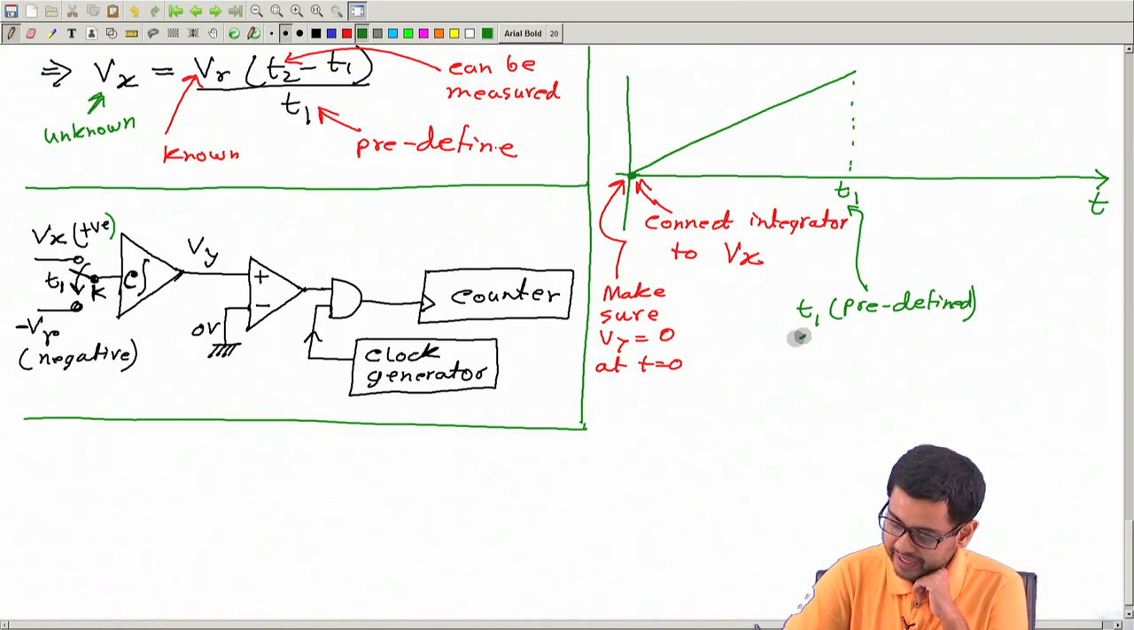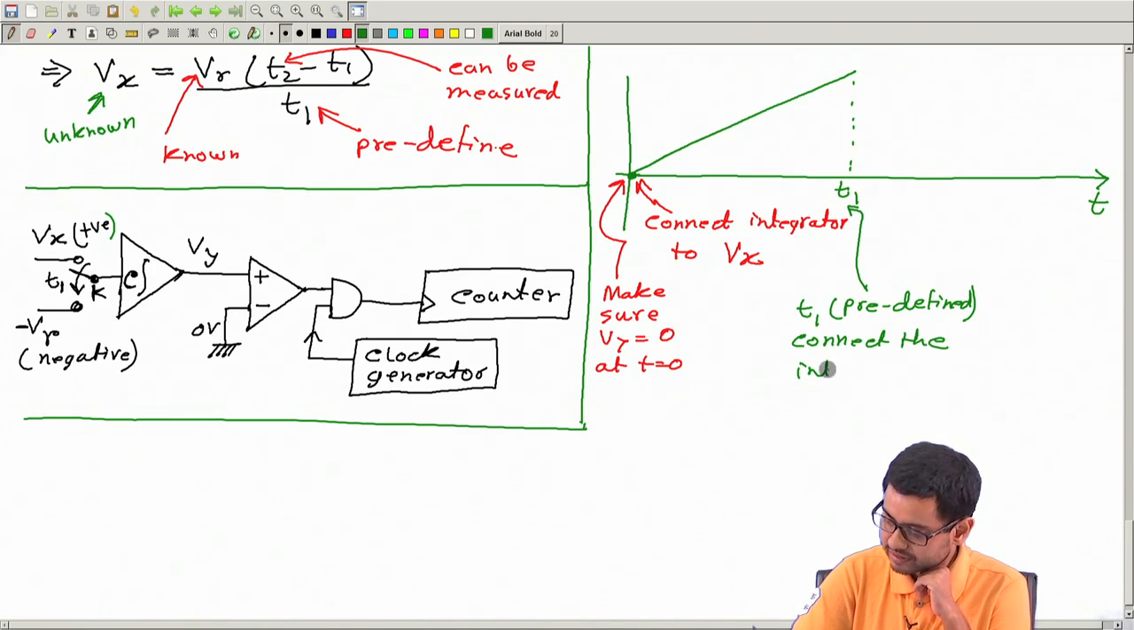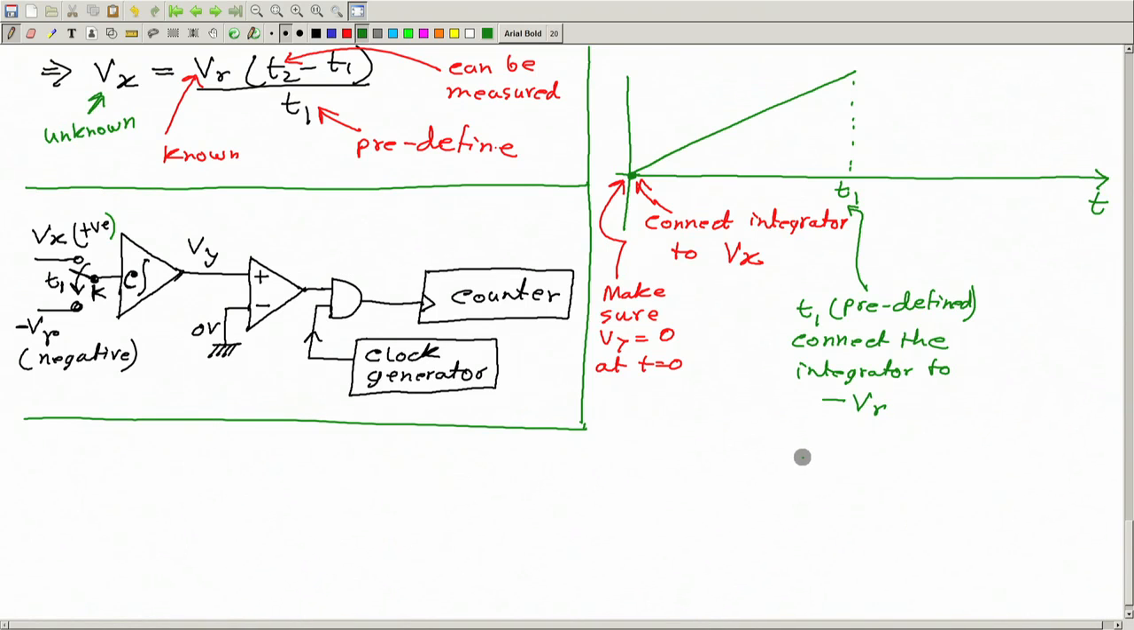Here connect the integrator to minus Vr, reference voltage. Okay. So now this is a negative value. Now the input is negative, so output will start to decrease. So the output will now start to decrease like this. And at some moment here, so this is the moment when